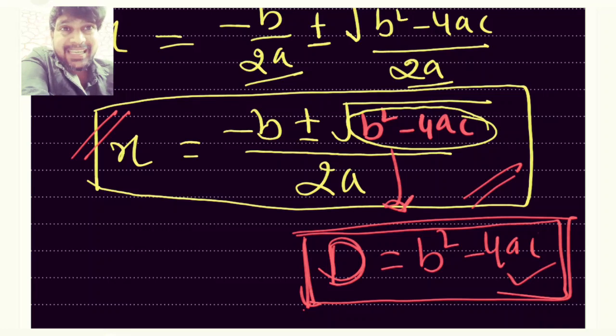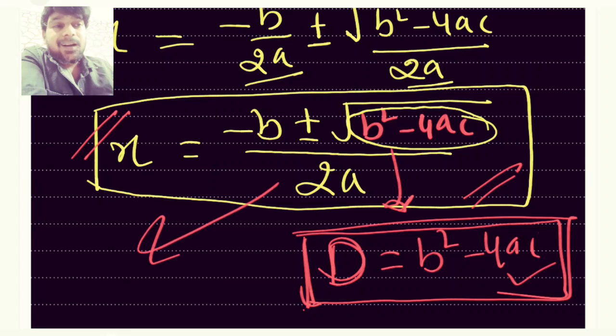I hope this was easy and clear to you guys, how to derive the quadratic equation formula, and this derivation you just have to practice, right? You should first understand the completing the square method. In my previous video you can go through it, and after that you have to practice deriving the formula. And in my later videos I'm going to bring the discussion on quadratic formula, what effect this discriminant can bring in the roots, and what sort of roots you can get, and when the roots are going to be different and when the roots are going to be same. All the discussion about the quadratic formula I'm going to make in the later video, right?